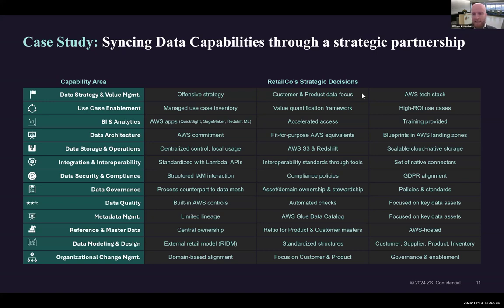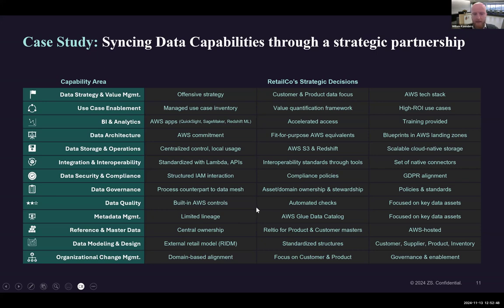Maybe one thing to call out that isn't necessarily a given, given that they chose to partner with AWS here, is the data governance layer, right? They did focus heavily on making sure that the technology choice they made, which is driving so many other things, came accompanied with a data governance process and domain ownership. So they had certain processes that you would tie to establishing a data mesh, like defining what's an asset or a data product and what is not, what the certification criteria are, things like that. And then specific domains with their owners and stewards, right? So the customer and product domain, they got very strict ownership and stewardship controls.